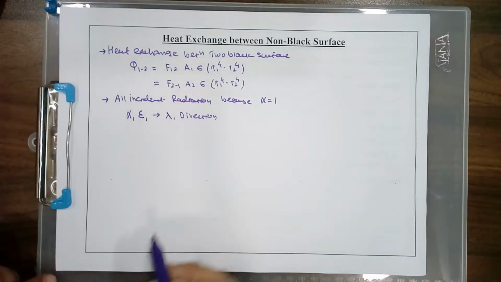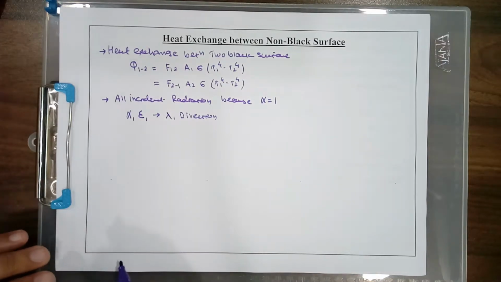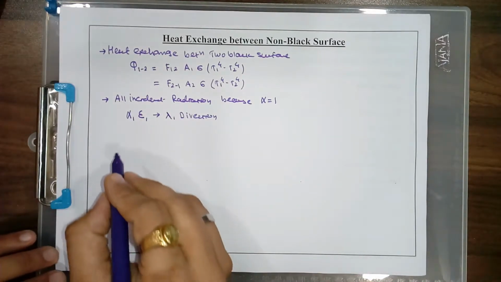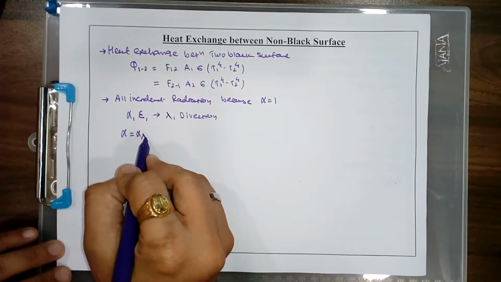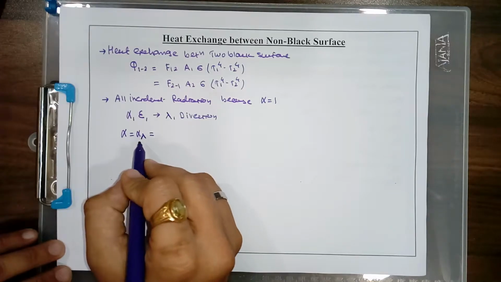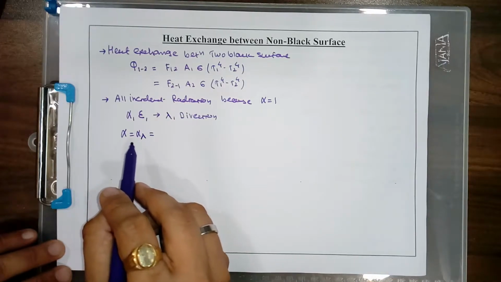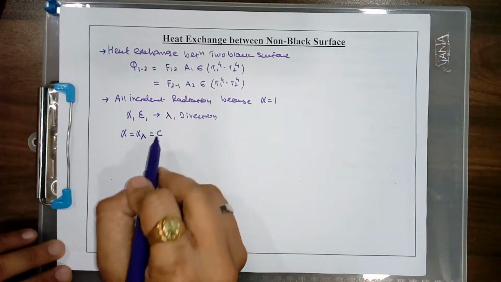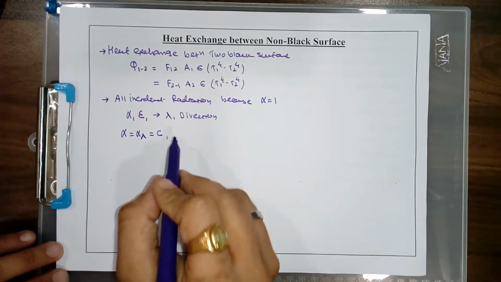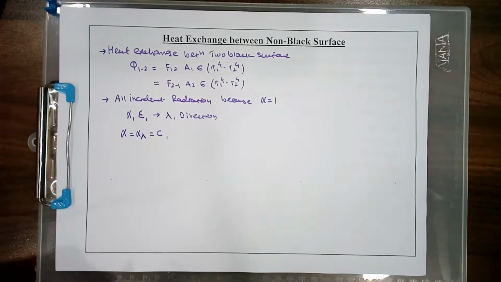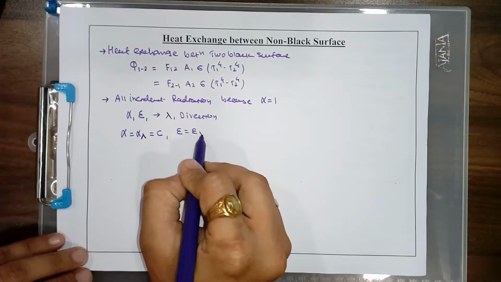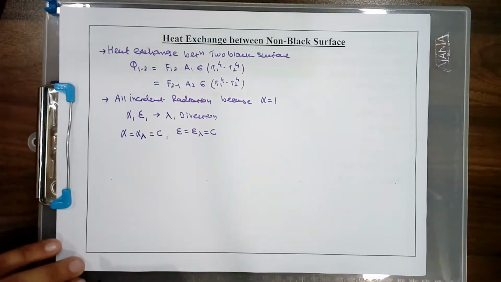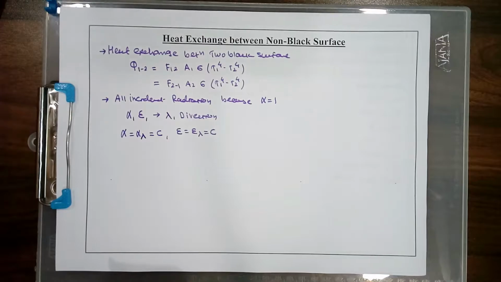So this variable nature of alpha and emissivity is there, but for simplification of our derivation, we assume that alpha equals alpha lambda, that is a monochromatic absorbivity. We take alpha equals alpha lambda, which is constant for a gray body. So in our derivation, we assume a gray body, and for a gray body the emissivity and monochromatic emissivity are fixed, because they do not depend on the wavelength.